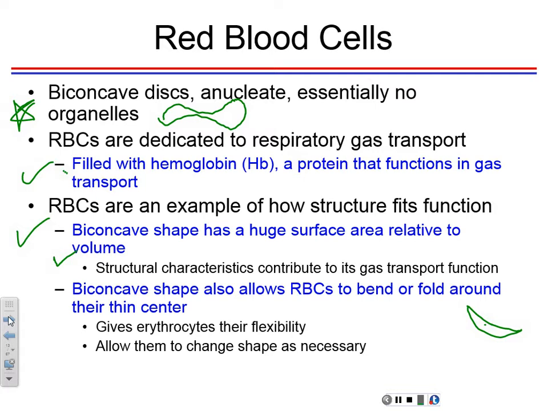Okay, so know about the relationship of the structure of the red blood cells and their function. What functional qualities does that biconcave shape allow the red blood cells? I need you to know that. And then